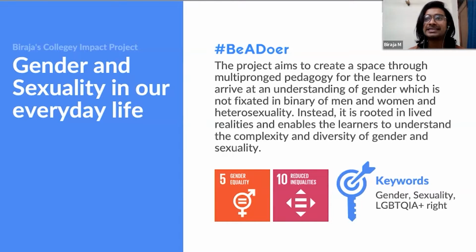And the idea is to sort of familiarize them with something that is around them, and then sort of bring out the complex ideas of gender and sexuality, so that the understanding is not very theoretical and very divorced from their everyday reality, but it's about them. So they are knowing something about themselves while learning the concept. That is the idea. Yeah, it is rooted in lived experiences.